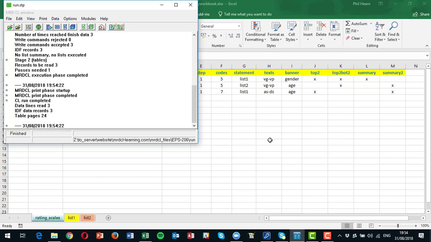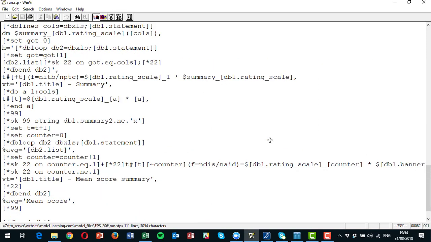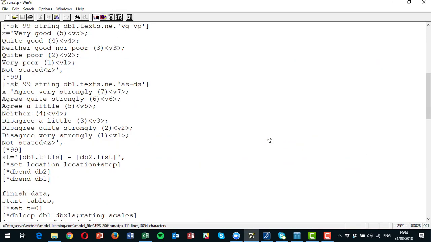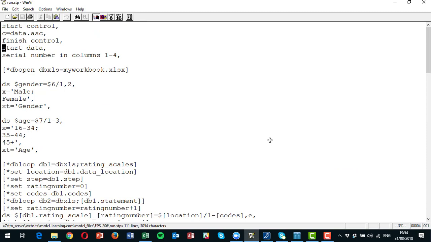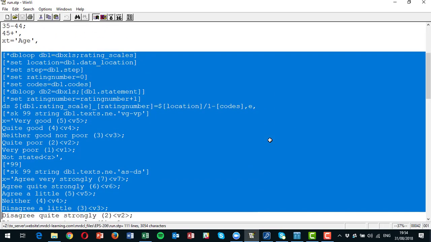Now I'm going to add one more final thing to this, because this is starting to look quite an ugly script file, and really we don't want this, and we probably want our questionnaire to look a little bit more flowing than it is at the moment. So this is the final thing that I would do to this, so it becomes a really true EPS template that anybody can use. So I'm going to actually take out this code here,